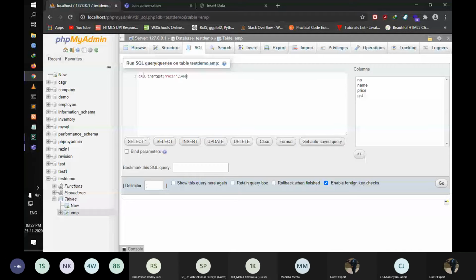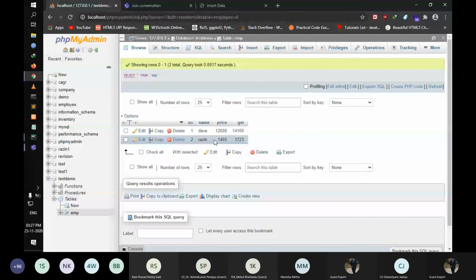So we are calling the procedure directly using a query, and as you can see, we get the data in the table directly through the query.